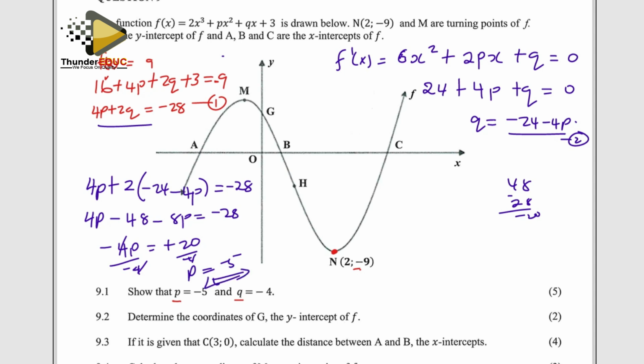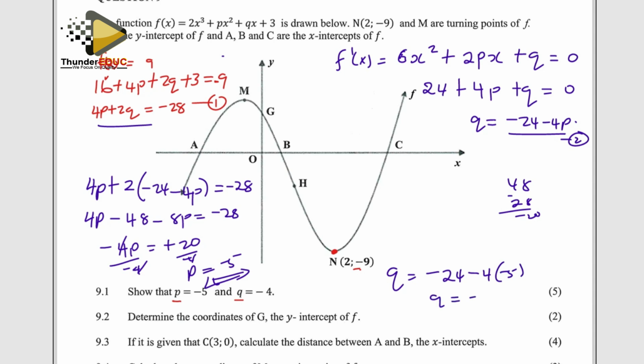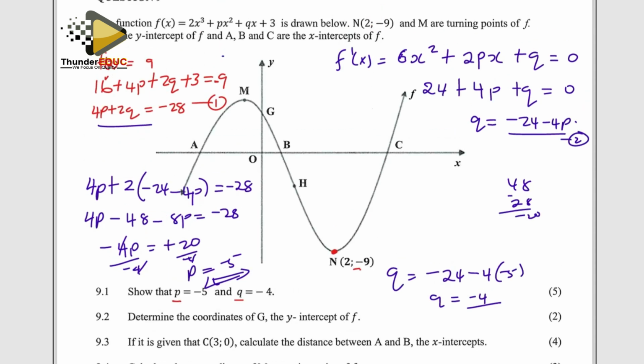Then for me to get q, I'll substitute. So negative 24, so that's going to be negative 24 minus 4 times negative 5. And then our q becomes negative 4. All right, then determine the coordinates of G, the y-intercept. That is straightforward. For the y-intercept, x has to be 0 everywhere. We shall be left with just that 3. So it's going to be 0,